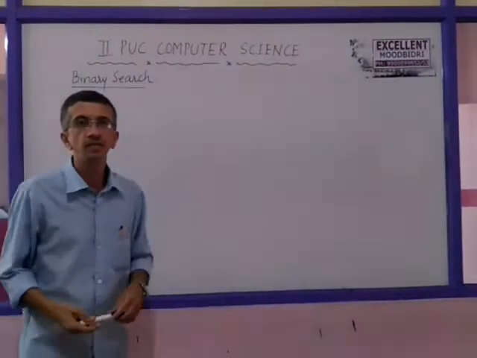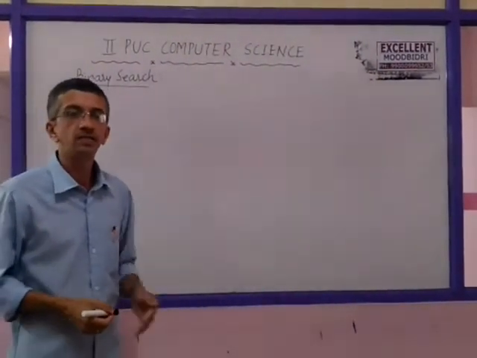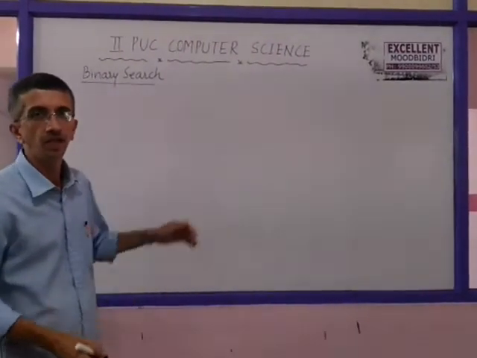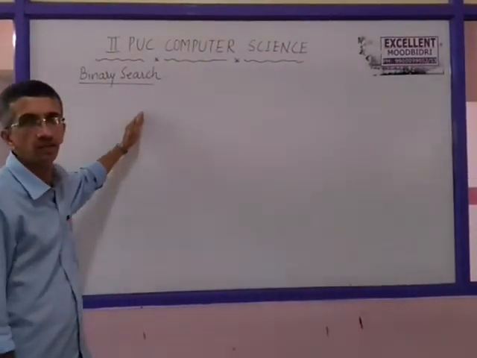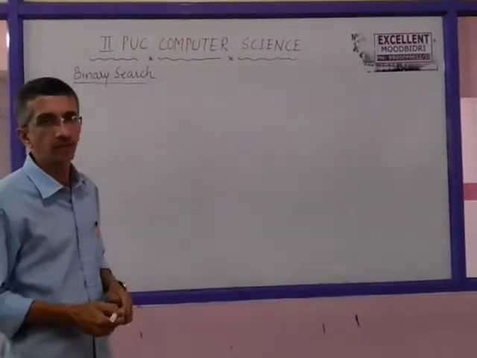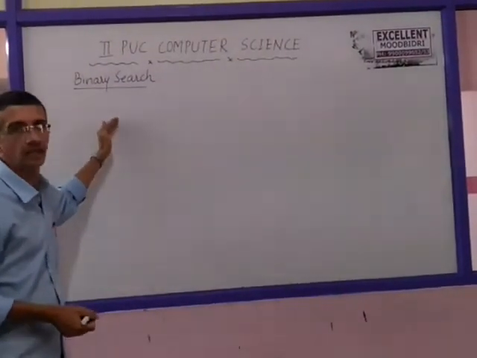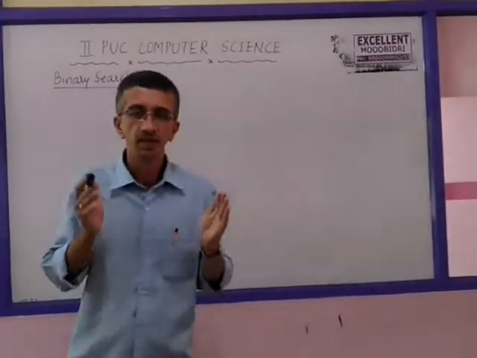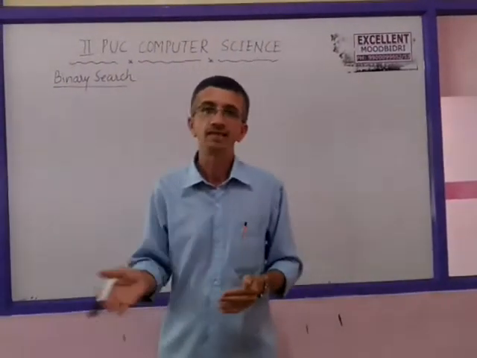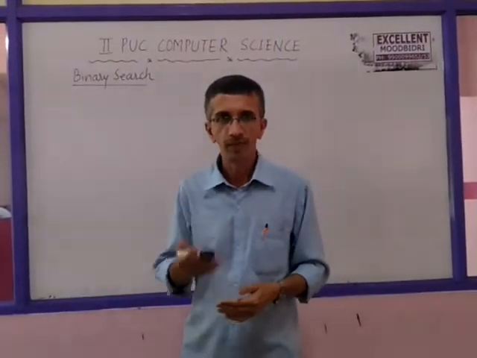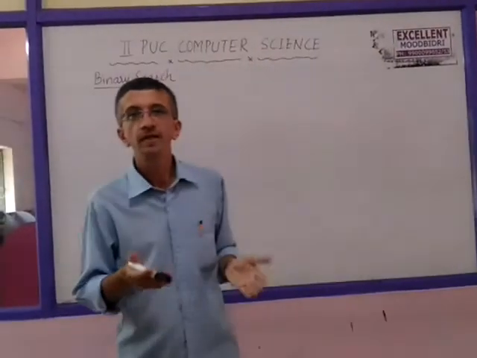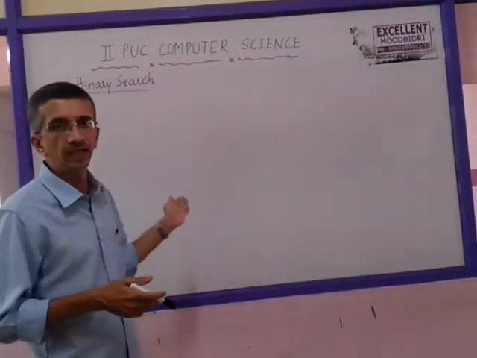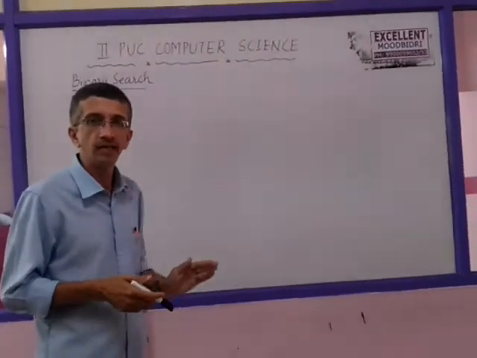After studying this binary search algorithm, let us trace an example: how to make use of binary search to search for a given item in an array. The algorithm, as we have seen, requires that the given array be in ascending or descending order, preferably ascending. So we consider the lower end, the beginning, and the upper bound as the end.